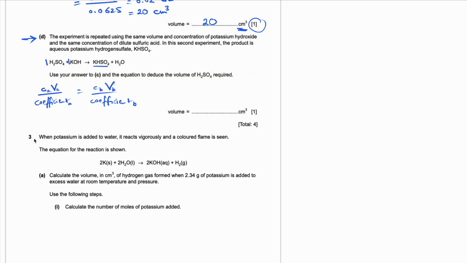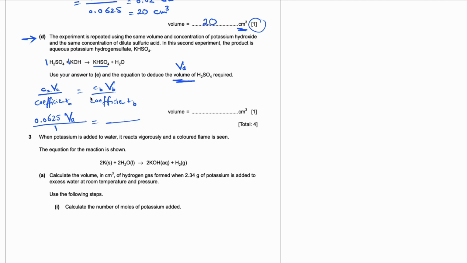So the answer is going to be 0.0625. That's the concentration of the acid, which was given in the very beginning of that question, times the volume of the acid, which is what he's asking for. Here he's asking you to calculate the volume of the acid. So he's asking for VA, volume of the acid, over the coefficient in the balanced chemical equation, which is 1,